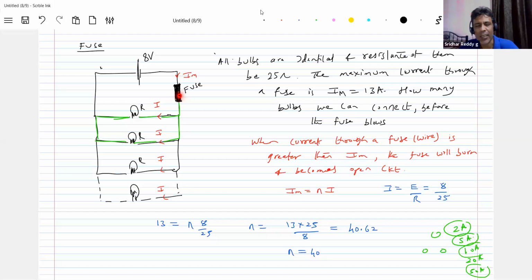Sometimes when excess power comes, what happens? The eliminator will fall down, no? That particular thing will fall down, and then we go and open it again. So in the worst case, the wire inside that fuse will burn out. Then it protects all that.